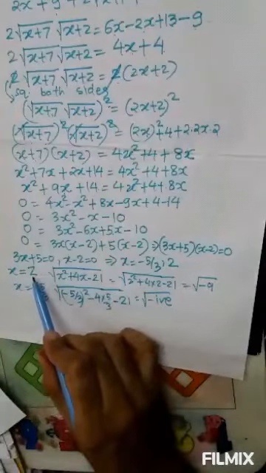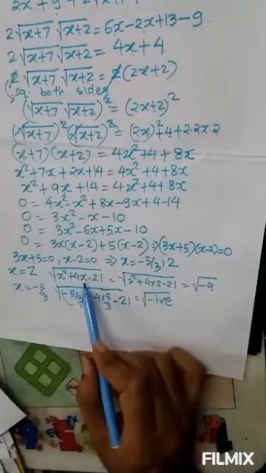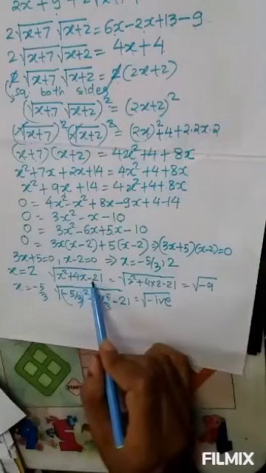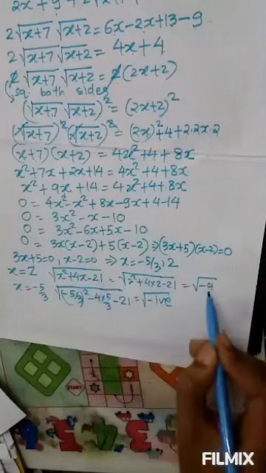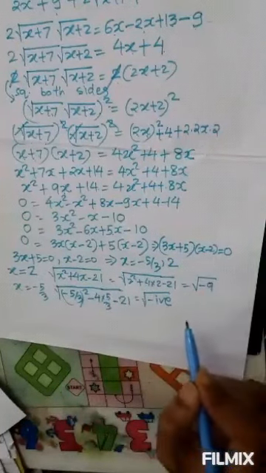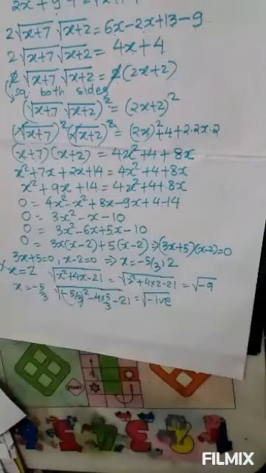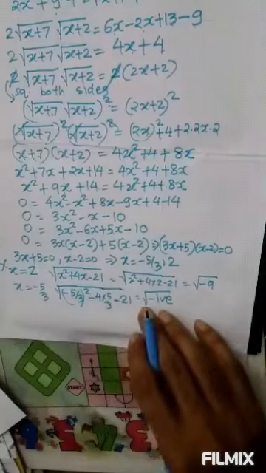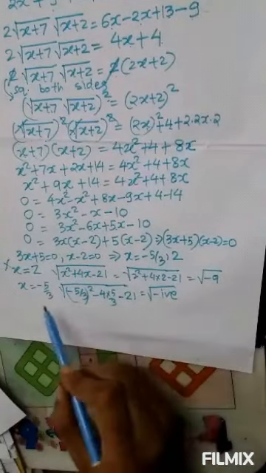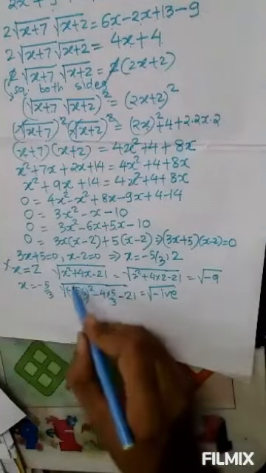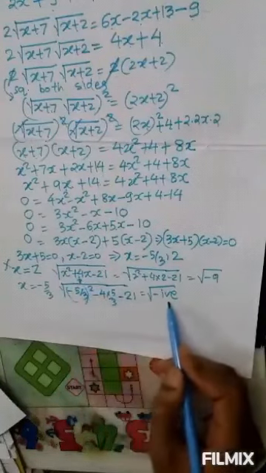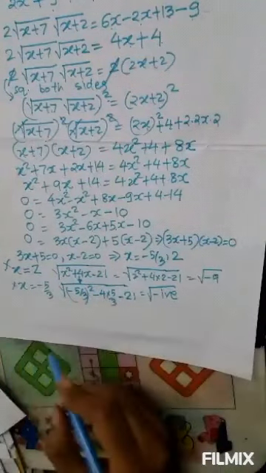If we substitute 2 in the given question, the first term, x square plus 4x minus 21, the inside of the under root gives negative. So this cannot be accepted as a solution. So we will discard x equals 2 as our solution. Similarly, if you put minus 5 by 3 in the same expression here, again it will give negative, so we will discard this.